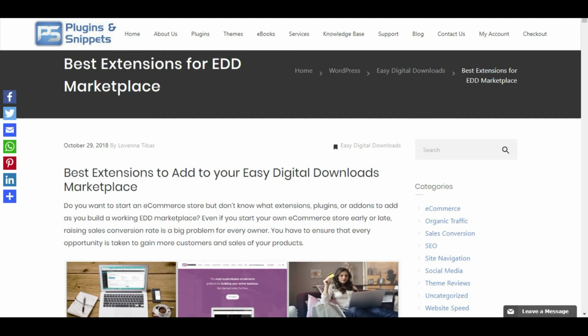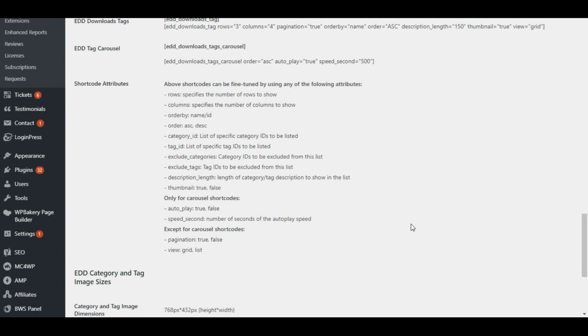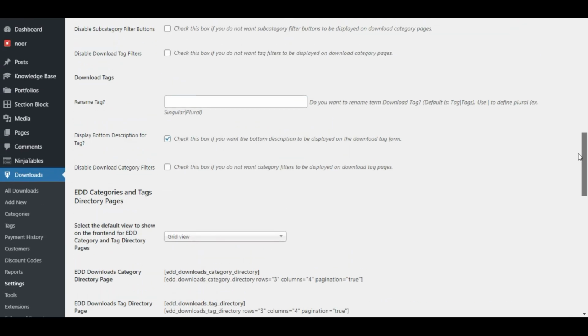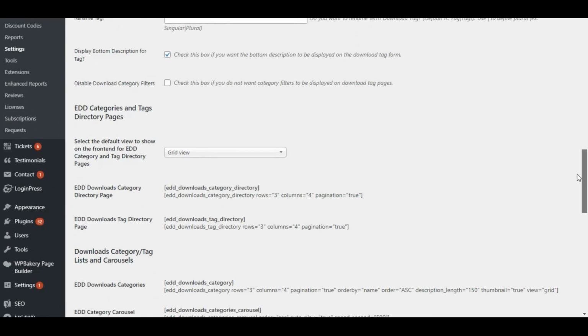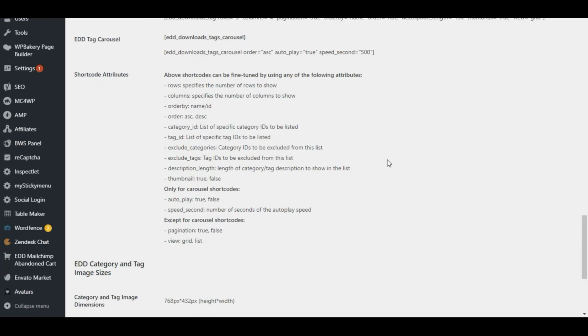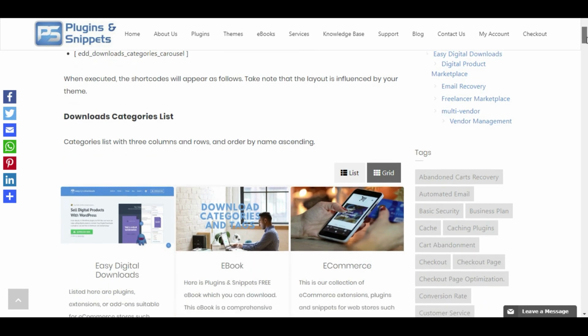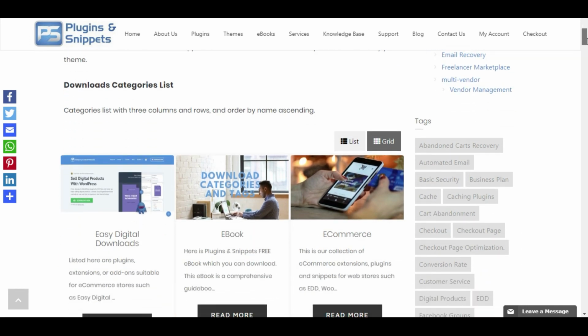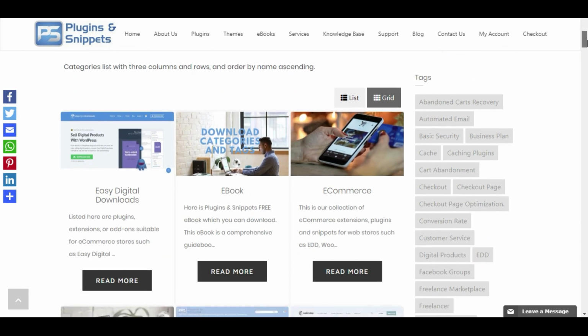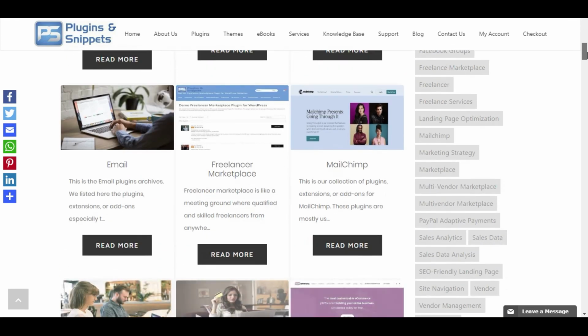Now we can check the settings page to see what shortcode attributes are available. This one, again, is the settings page for this plugin. And if we scroll down here, we can see the shortcode attributes. Going back to the page, we can see some examples here. Let's scroll down. Here we have a category list with 3 columns, and rows in order by name ascending.